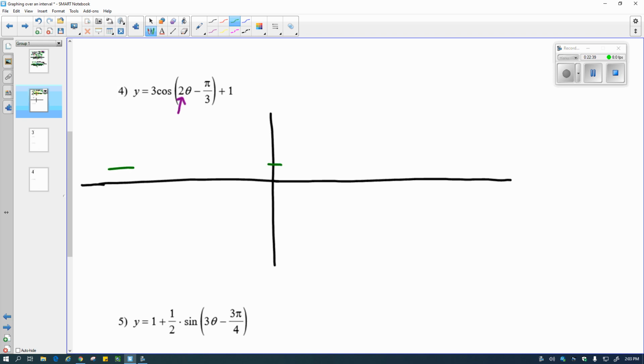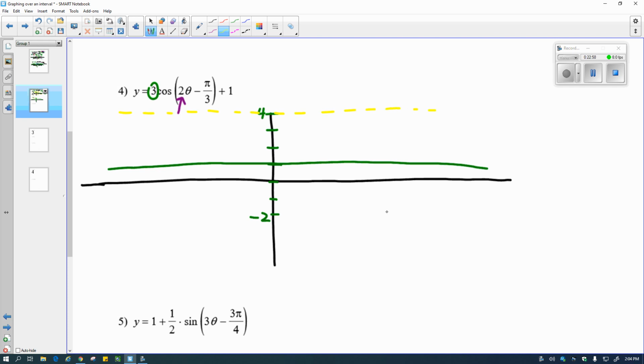So there's my new center. The amplitude says go 3 up from that, so that would be at 4, and 3 down from there, so that would be at -2. I'm going to put yellow on the top to block the top in, yellow on the bottom to block the bottom in,